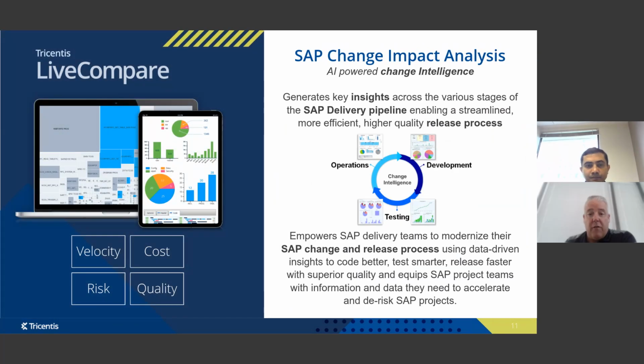Oh, thank you for that overview. That was fascinating, how you've integrated security with our technology in a highly agile environment. I don't see too many DevSecOps frameworks in the SAP space. That is so impressive. Now, what I'd like to do is break down each of the Tricentis technologies in a little more detail